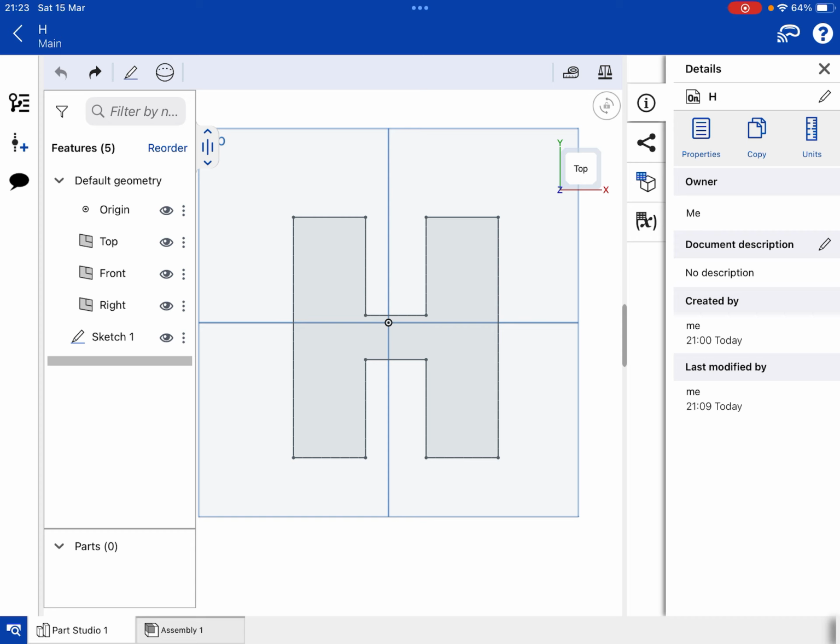But I'm still not completely finished with that. I would like to change a couple of aspects of this. The dimensions are a little bit out to me, so I'm going to look at how you can add dimensions to your shape. Now, adding dimensions to your shape is really important because